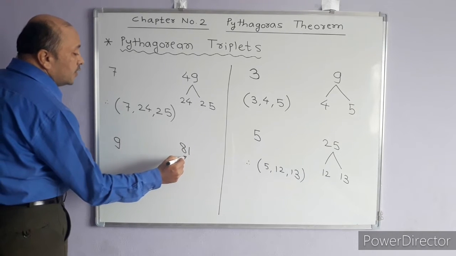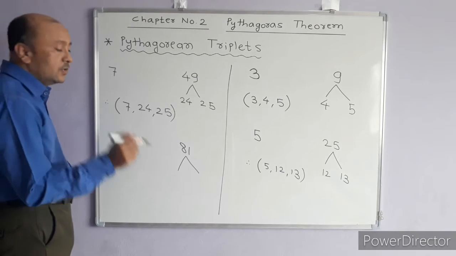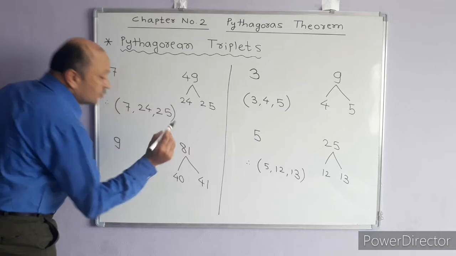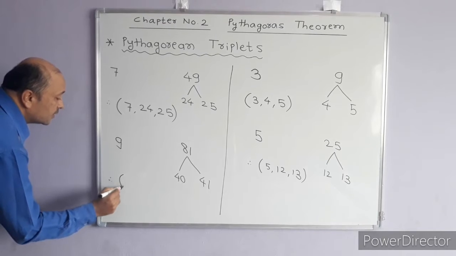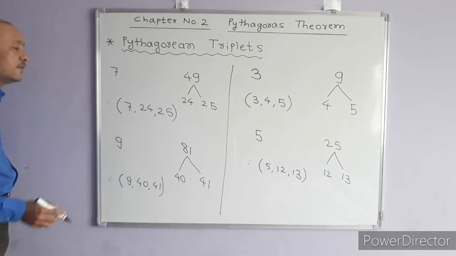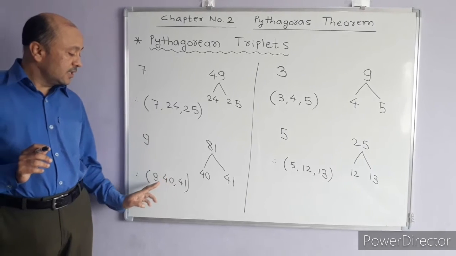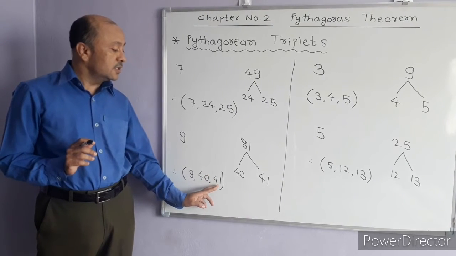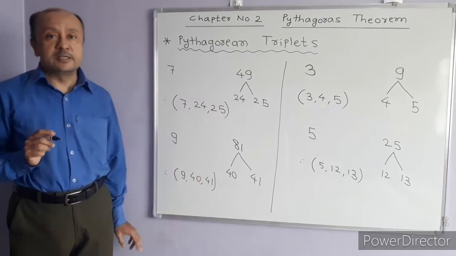Then divide 81 into two parts whose addition comes 81 and the numbers are consecutive only. So there is only one pair, that is 40 and 41. So 40 plus 41 is 81. Therefore what is the Pythagorean triplet here? It is 9, 40 and 41. So you can check, students, whether it really comes or not. That is, make the square of 41, then the square of 40, then the square of 9. You can add these two squares and that comes to the square of this number. So in that way, students, we are going to finalize the Pythagorean triplets.